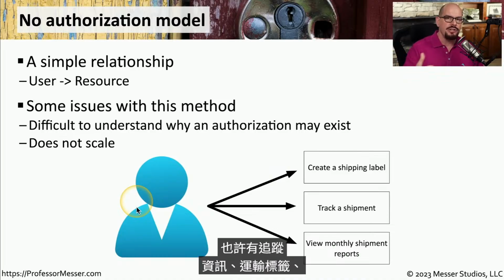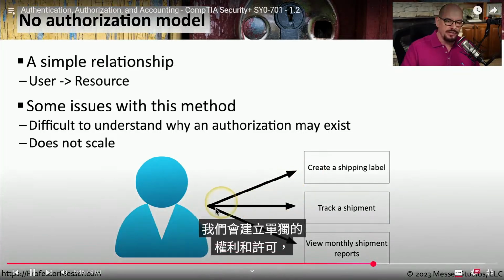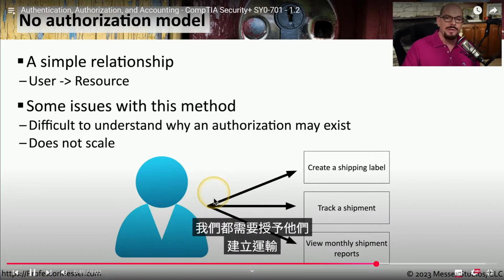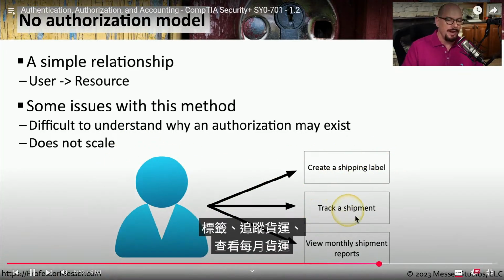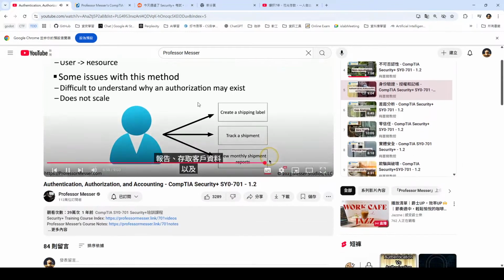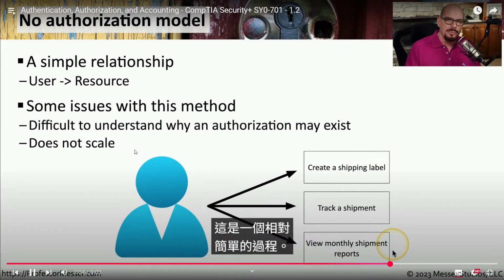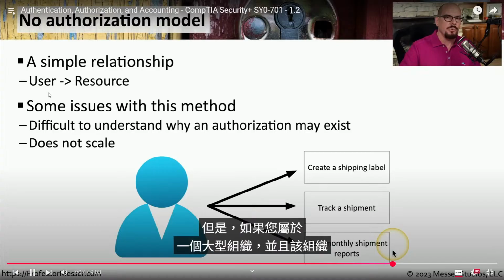Maybe there's tracking information, shipping labels, databases of customers, and we would create separate rights and permissions so that anytime this person logged in, we would need to give them rights to create a shipping label, track a shipment, view monthly shipment reports, access customer data, and perhaps anything else they need for their day-to-day operations. Now, if this is the only person in shipping and receiving, this is a relatively easy process. But what if you're part of a larger organization that has